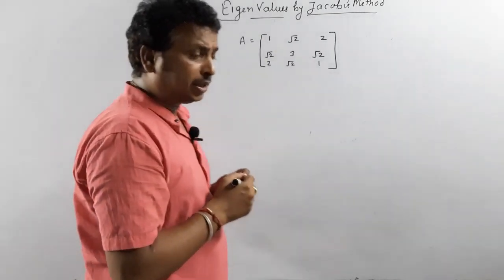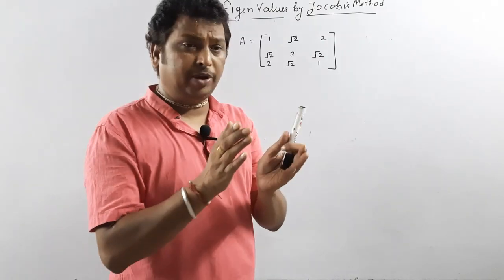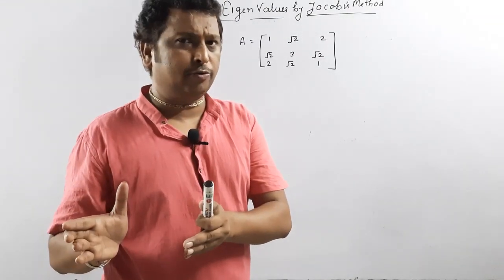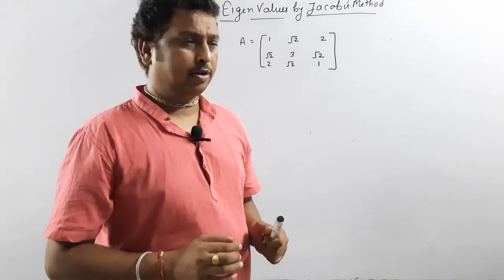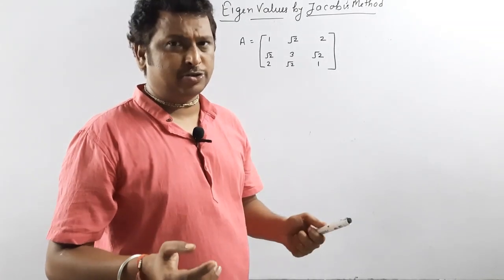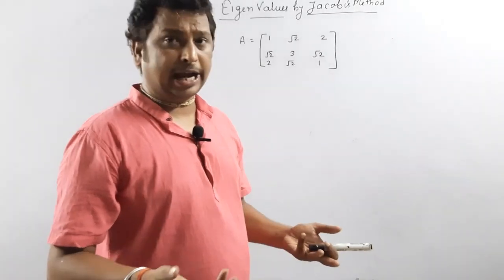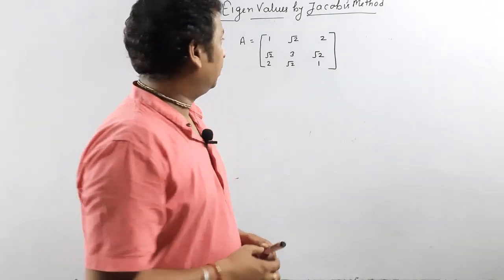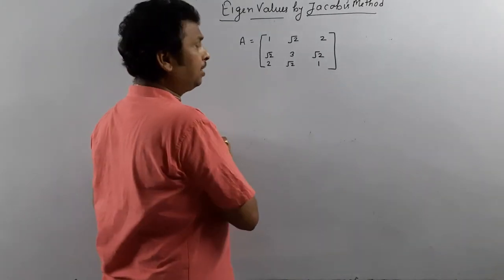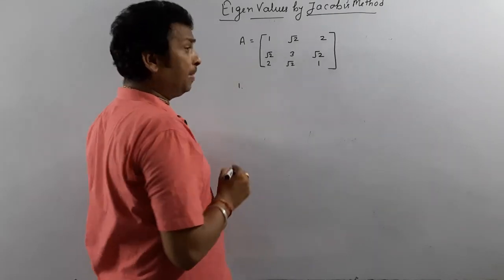So why Jacobi's method? First question, and the answer is that here we can calculate exact eigenvalues and corresponding eigenvectors all together, and it is not so difficult. A little bit lengthy, but eigenvalues and eigenvectors are always a lengthy topic. So what is the procedure? The procedure is very simple. Second thing, methodology.